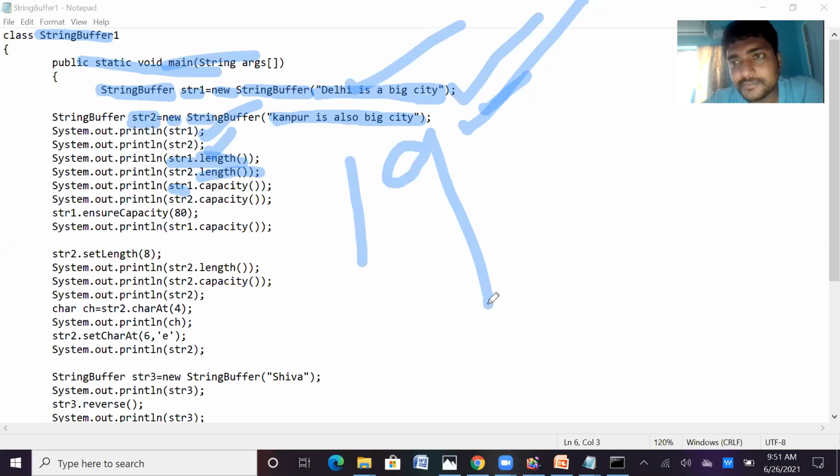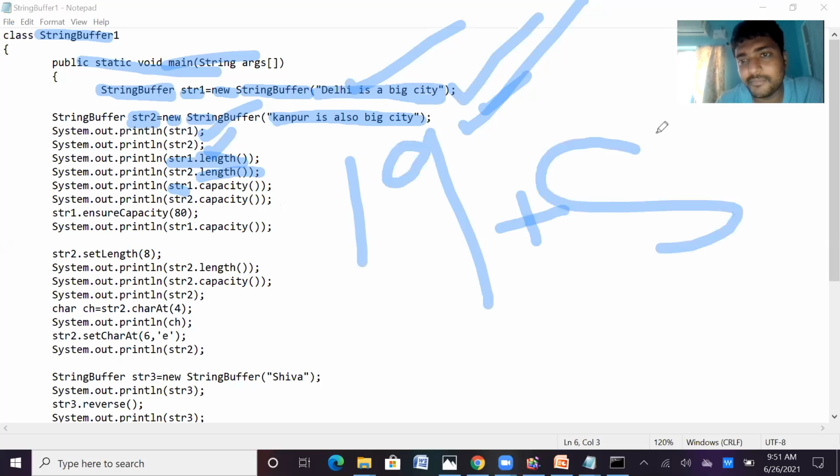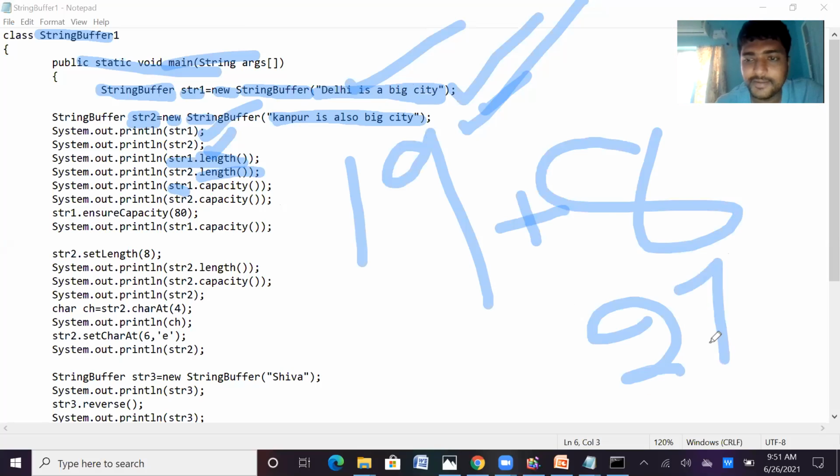So capacity means the length plus some 8. 19 plus 8 is 27. So 27 will become the capacity of that string, str1. That means some more 8 spaces will be added to that string. So that is the capacity.